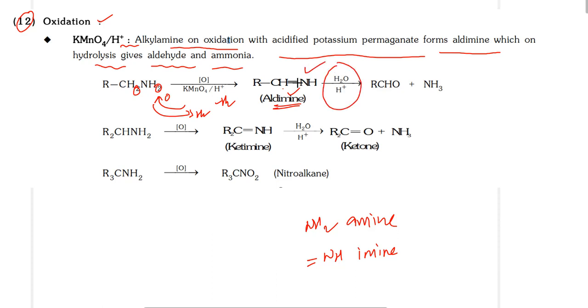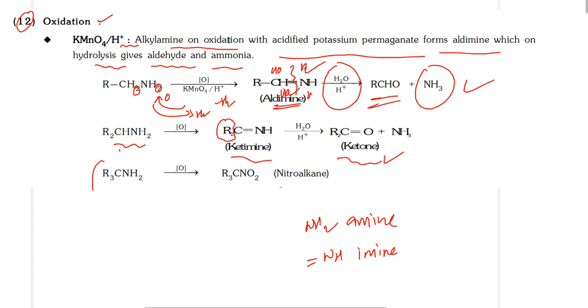Then hydrolysis means just the bond will break up. HOH and 2 times HOH. 2 OH groups are unstable, then aldehyde will be formed, and the ammonia. Then secondary amines: ketimine. If one hydrogen is there, that is aldimine. If the 2 alkyl groups are there, it looks like ketone. So ketimine, by the hydrolysis, is giving ketone. If 3 alkyl groups are there, it is forming